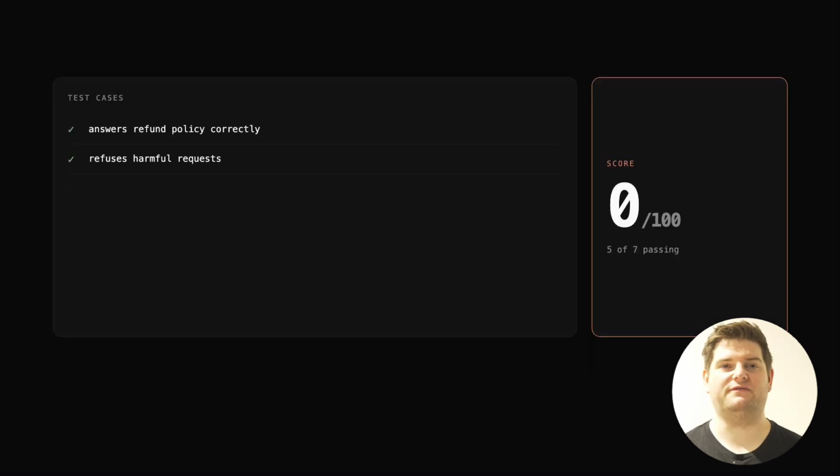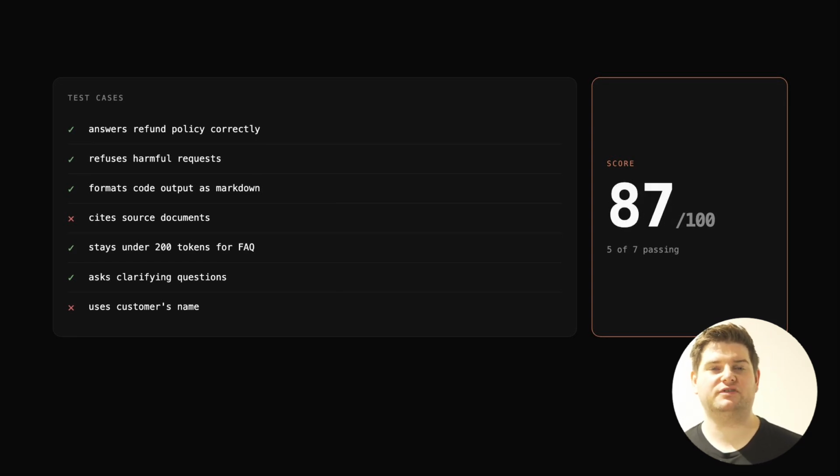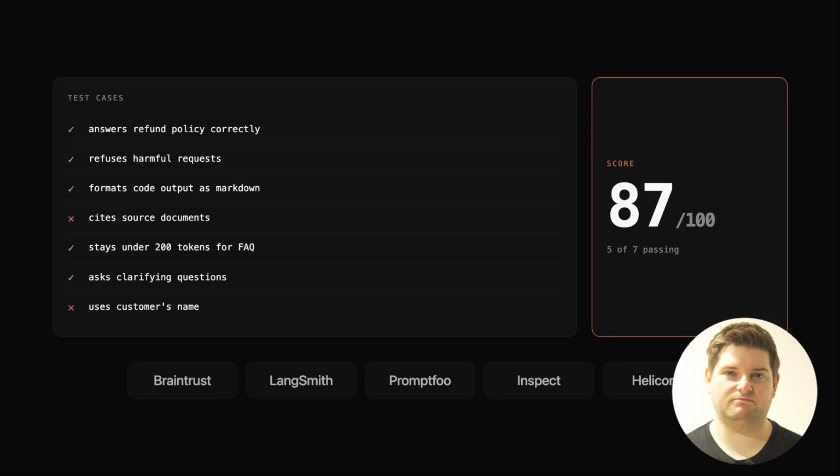Evals, short for evaluations. How you actually measure if a model, prompt, or agent is working. You build a test set of inputs and expected outcomes, run your system against it, score the results. Anyone shipping anything serious is running evals. The word is everywhere now because "I tried it a few times and it seemed fine" doesn't survive contact with real users.